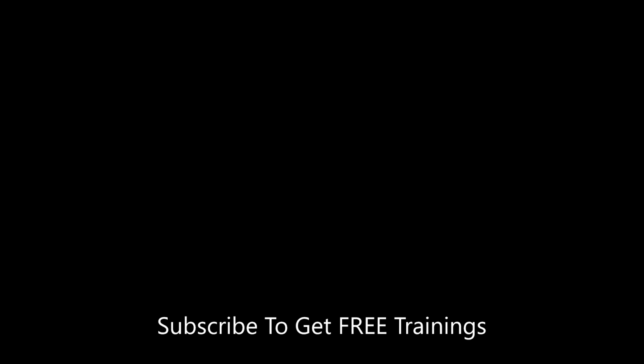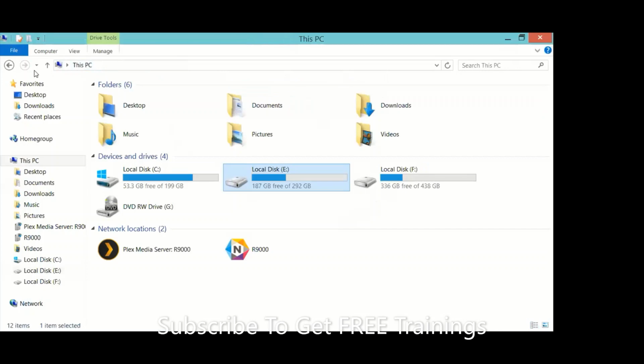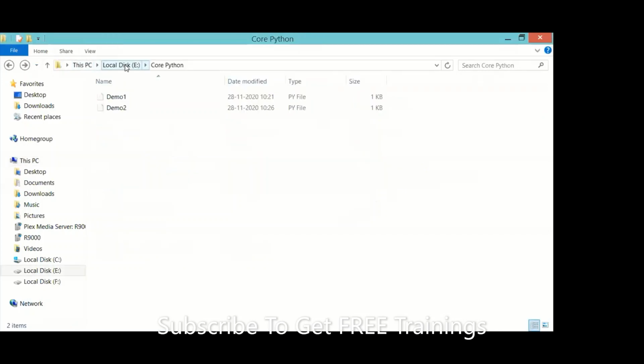Instead of doing all these, just open your folder in your computer. So observe carefully, beta. In my computer, I am in my PC, in that E drive. Inside the E drive, I am in the core Python folder,